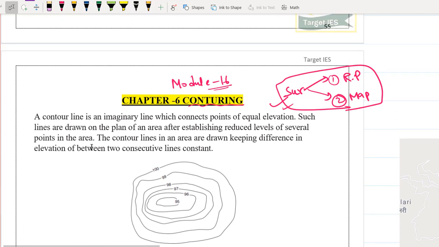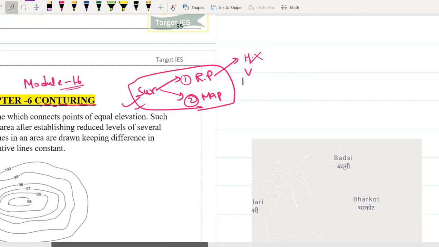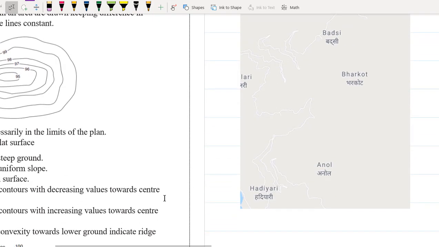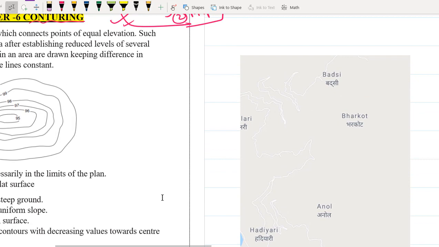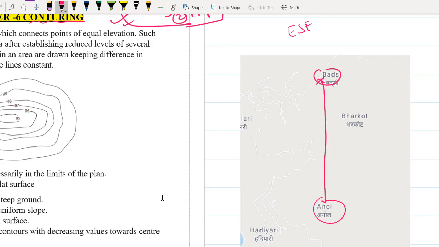Now, whenever you are finding this relative position, basically you will be finding the horizontal distance between each point, right? But that is not enough. We also have to find the vertical distance between each point. Why? Let us try to understand. This is one of the beautiful maps which you have drawn. After surveying you have drawn that here you have Batsy and here you have Arnold, just two places. And now after clearing ESC, you were placed in road construction work, and your officer said, go and just construct a road between these two points, Batsy and Arnold.